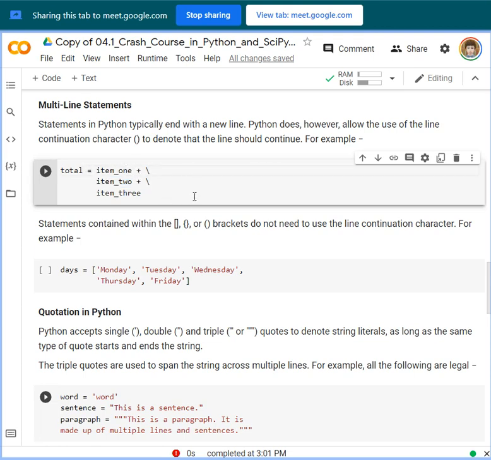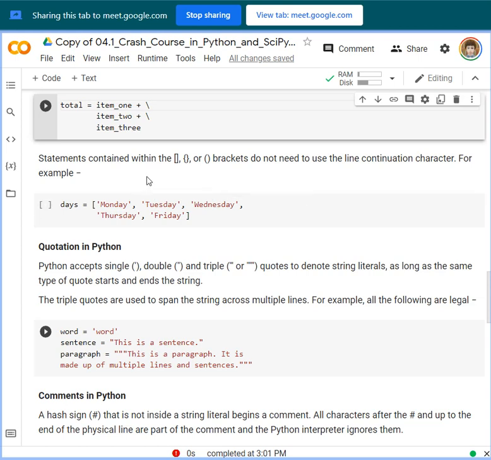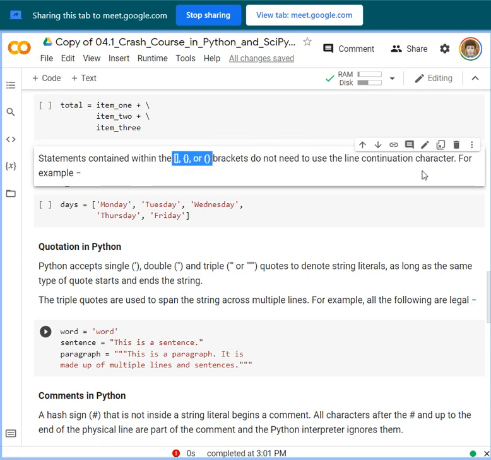Statements contained within square brackets, curly braces, or parentheses do not need to use the line continuation. If it is enclosed in these, there is no need to use line continuation.